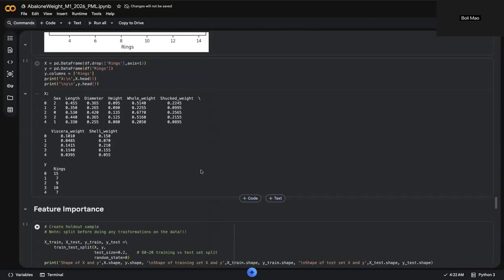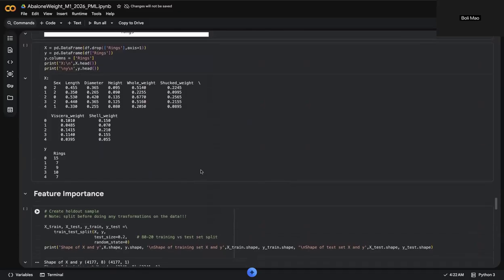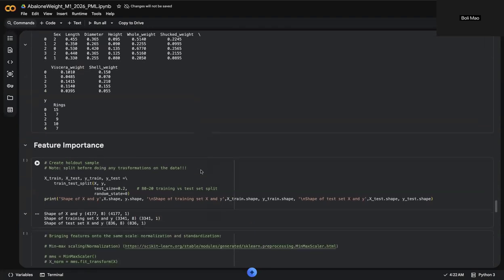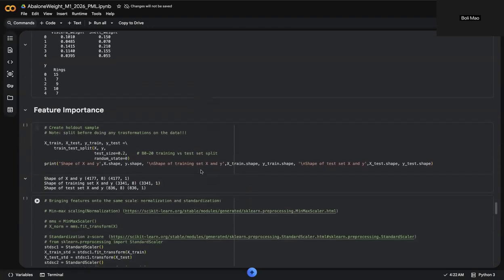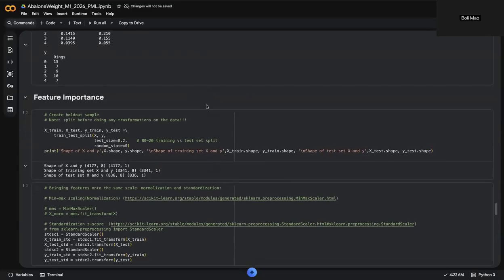Now we come to the data preparation. In this section, the notebook prepares the data for modeling. The categorical variable sex is encoded numerically. The features and target are separated into X and y. This prepares the dataset for supervised learning. And the dataset is then divided into training and testing sets,